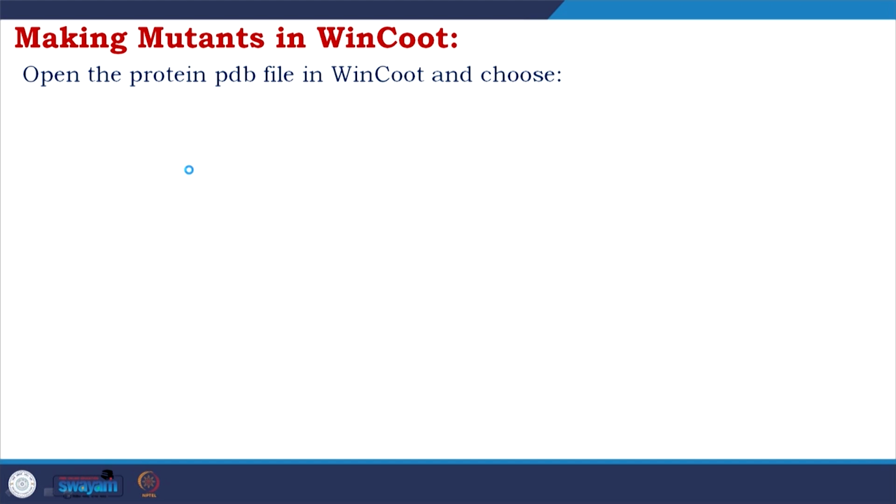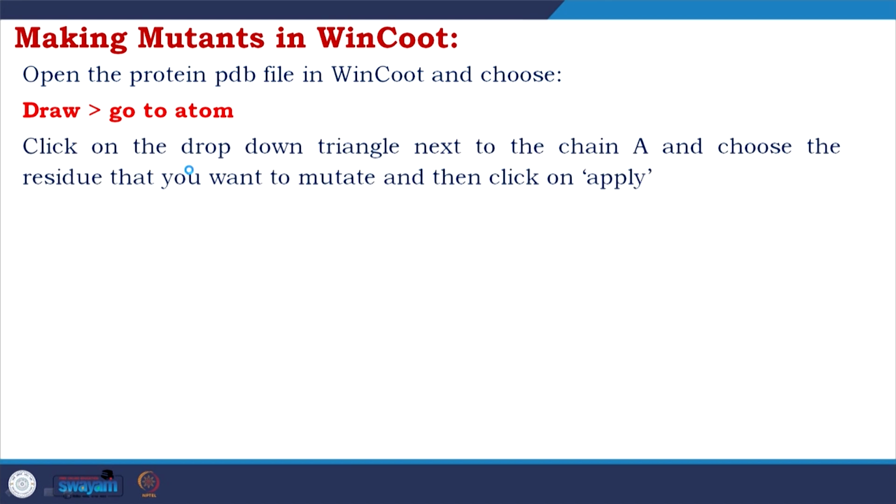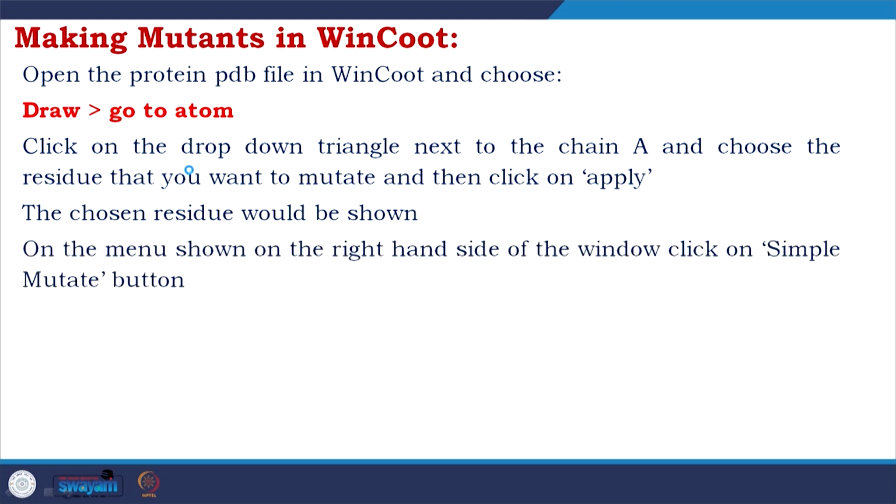You open the protein PDB file, I hope you remember, I have given the demonstration, you go back and you see draw, you go to draw and then go to atom, click on the drop down triangle next to chain A and choose the residue that you want to mutate and then click on apply. The chosen residue would be shown on the menu on the right hand side of the window. Click simple mutate button if you do not have the electron density map. So, simple mutate, no ED map,